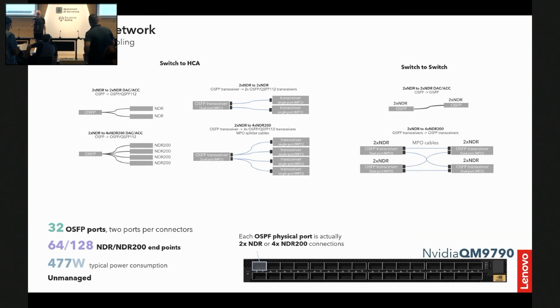Okay, so this is a more detailed picture of the switch. Every connector is an 800 gigabit connector, but actually they are two ports. So the only way of using it is using splitters. So from each port, you provide two NDR connections. So for instance, if you have two NDR connections in your host,